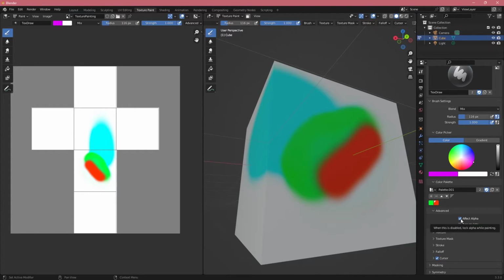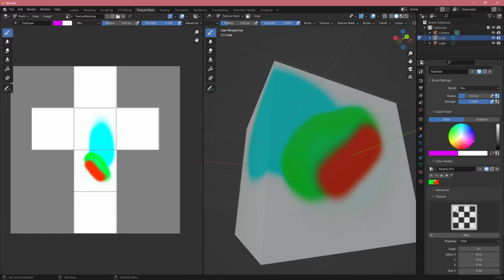We also can affect alpha, so this is our fourth channel, so we have RGB. We can also affect the transparency that is usually stored inside alpha. Let's see, we have a texture. Again, we have a texture here, but